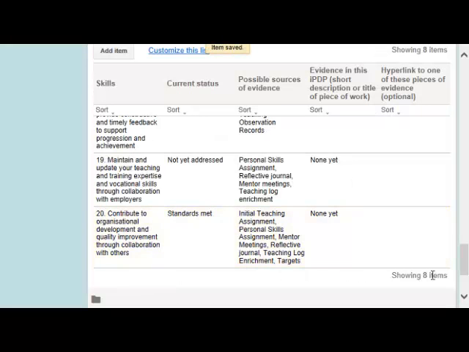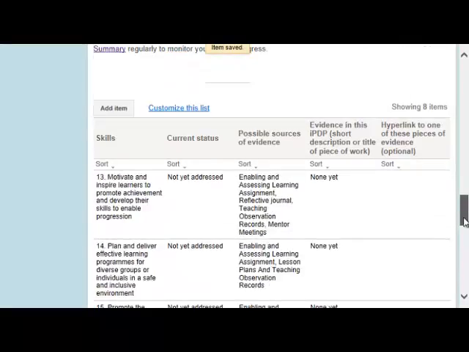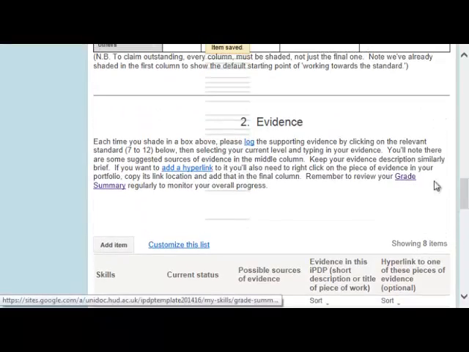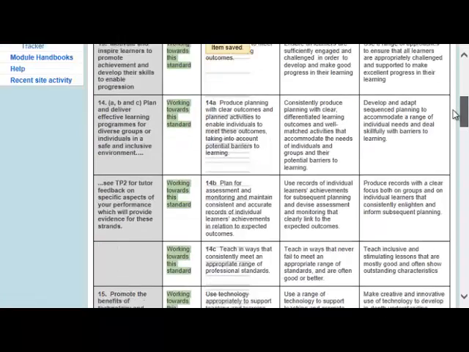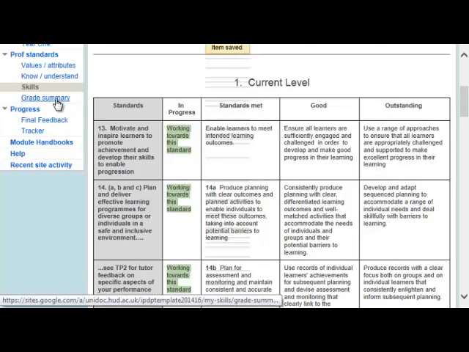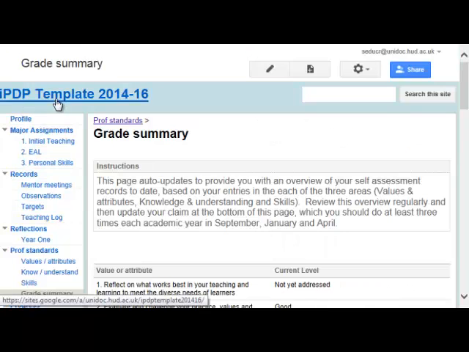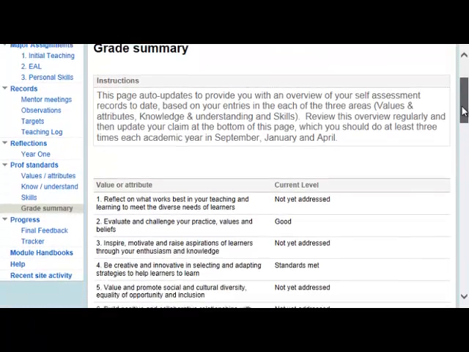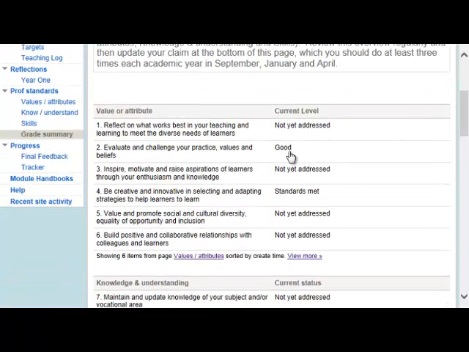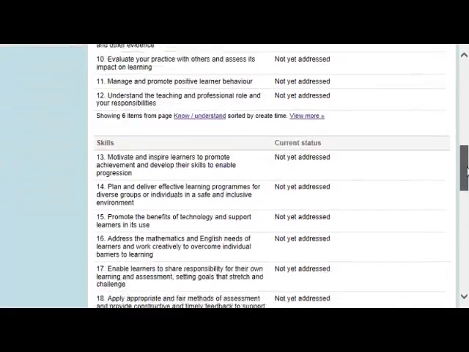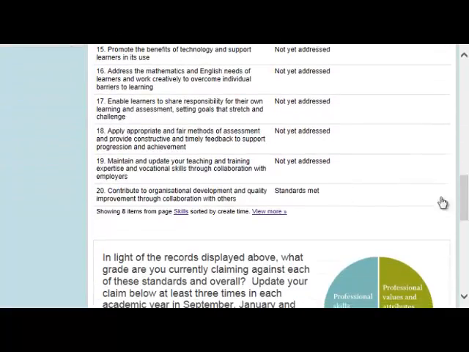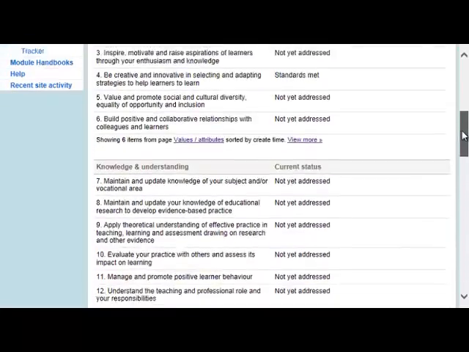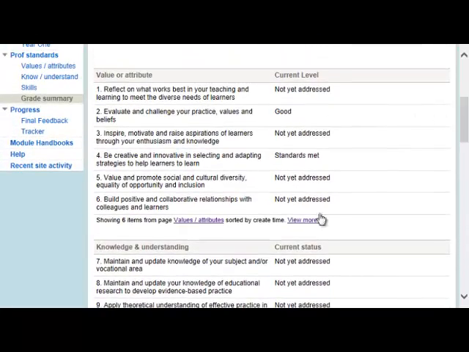Now, if we now go to the grade summary page, either by clicking on the link here at the bottom or by clicking on the link in the left-hand menu, you'll see that what has happened is that it's automatically updated standard 2 and standard 4, and also that final standard 20, which we just amended. And so what you'll do periodically throughout the year is review your grades here, and if you've got all good,